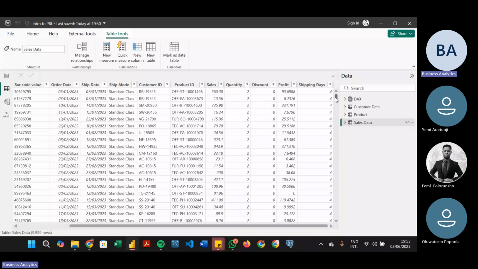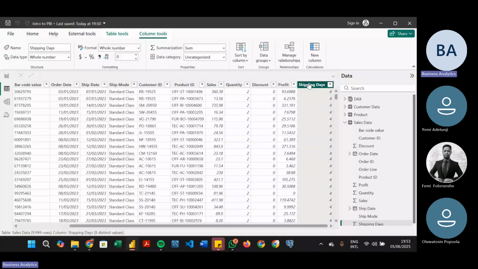I'm thinking of what else we can calculate. Let's just calculate these shipping days again, just for the sake of this class. If anybody has anything in mind, we can bring it up. I'm really tired today. So let's calculate shipping days again. At least we can use that to cross-check if we are right. So for this